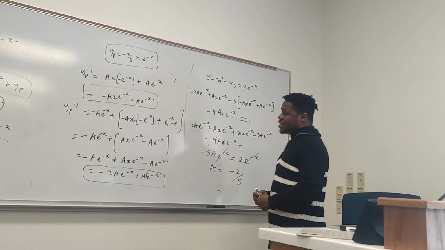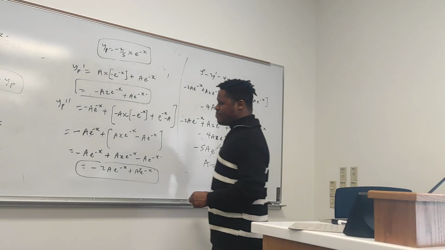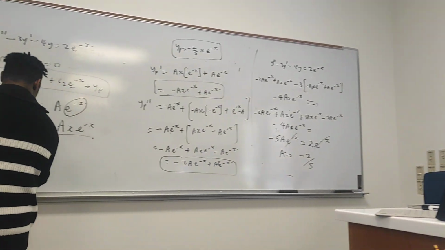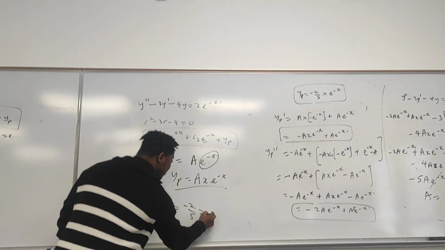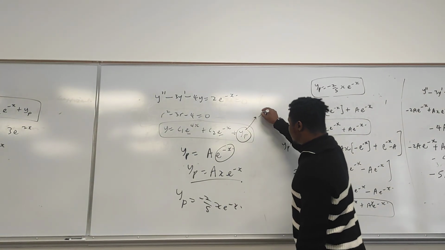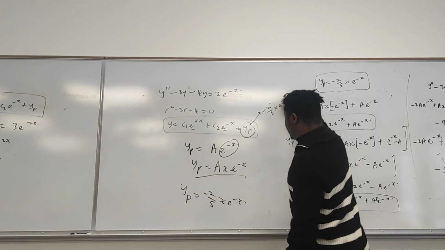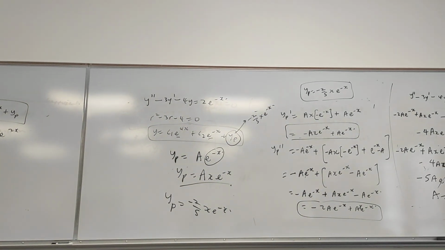This question is very stressful to solve. If that's our a, our yp becomes minus 2 over 5x exponential negative x. So you can then put it here. Yeah, I'll give you a similar question in your